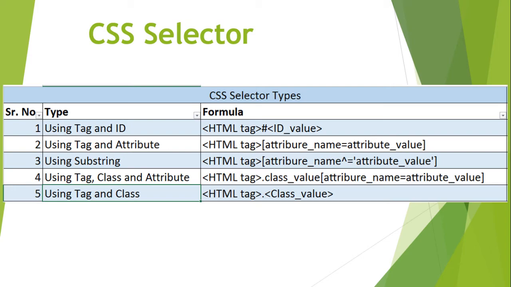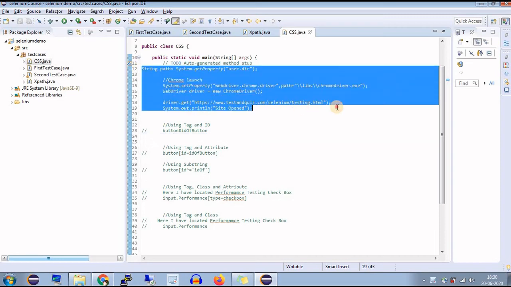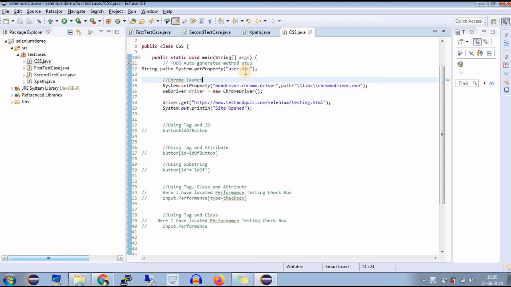Now by using those formulas, I have already created all the CSS selectors just to save time. For that I have created one new Java class file in the package test cases. You all know how to create a new Java class file, so I don't want to explain it once again. Then I have copied the initial lines to set the system properties, the WebDriver initialization, and then driver.get and println, from our earlier programs.